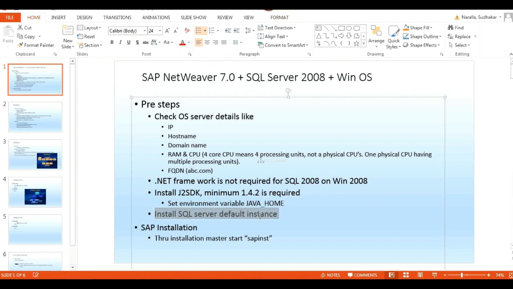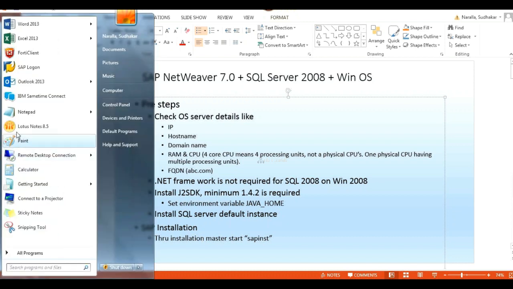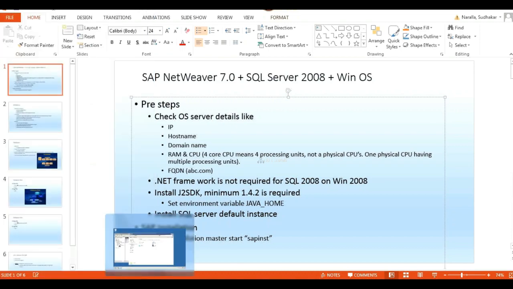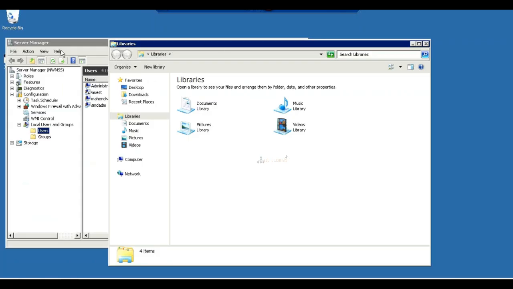Next we need to install the SQL Server default instance. After that we start our SAP installation through the installation master. Now quickly we start the installation, and after that we will discuss the theory.